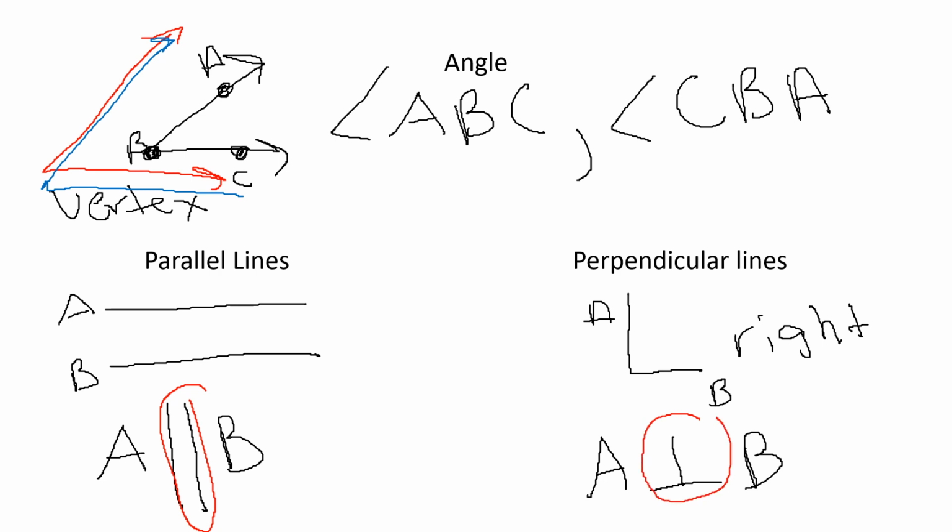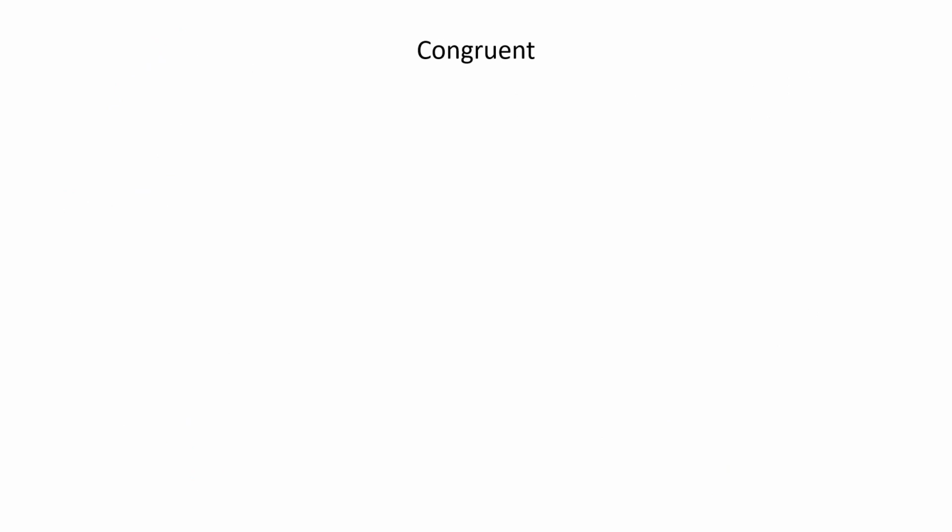All right, last vocabulary word in this lesson is congruent. And congruent just means that they have the exact same size and the exact same shape. Congruent angles have the exact same measure. Congruent segments have the exact same length. So if I have